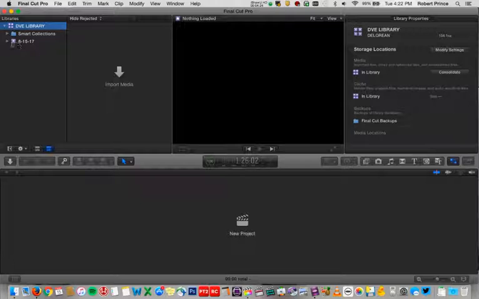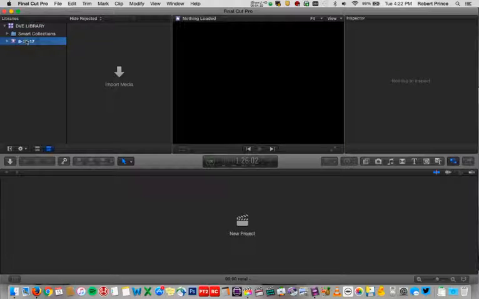Library automatically comes with one event based on the date. So we're giving away a little bit here what day I'm working on this, but it is August 15th. And then you can click on that and change the name of that event if you like. And then you have folders too, and you can create folders within events and organize your footage in a number of different ways. But just basically speaking, we have our library, we have events, we have folders, and then we